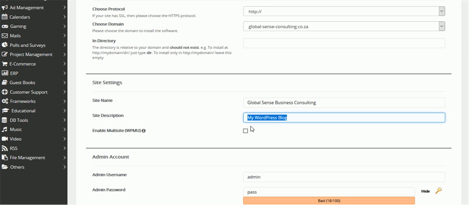And the site description will be consumer and business reports. We don't want to enable a multi WordPress